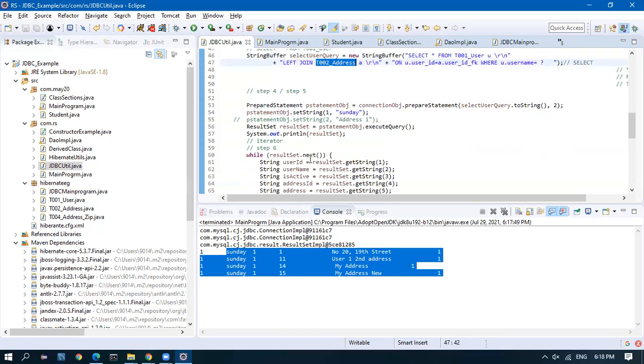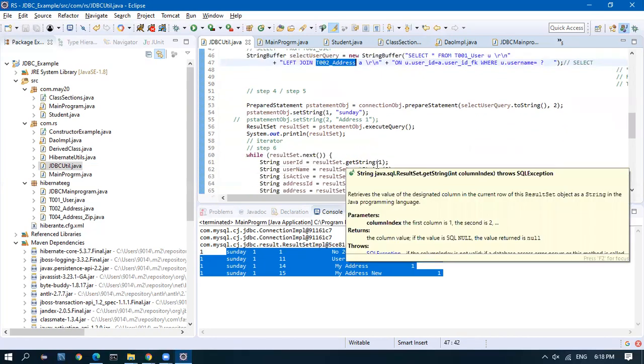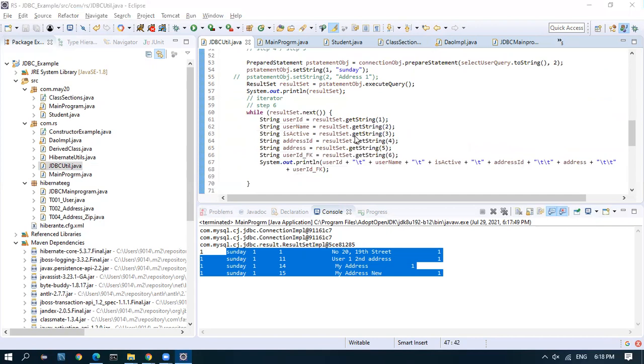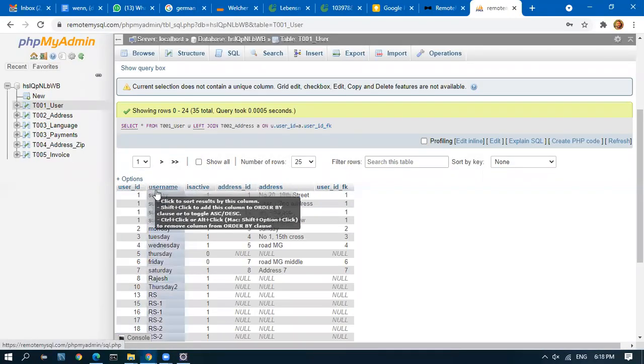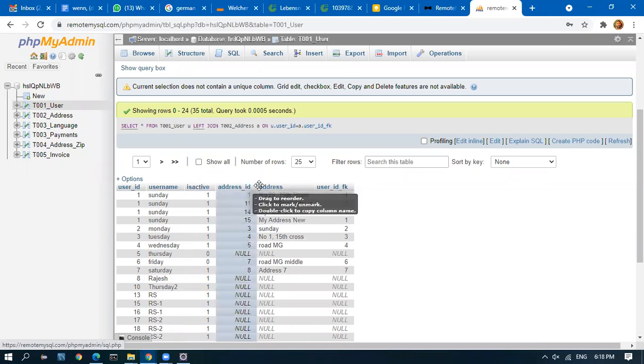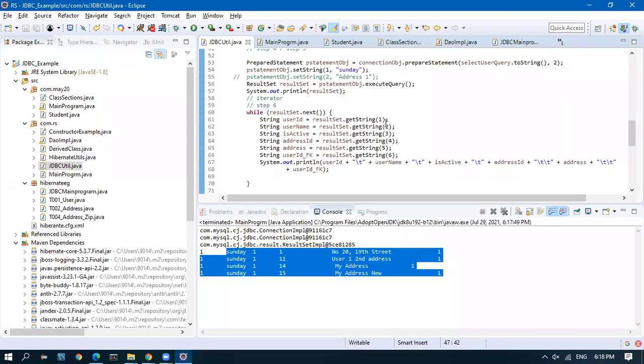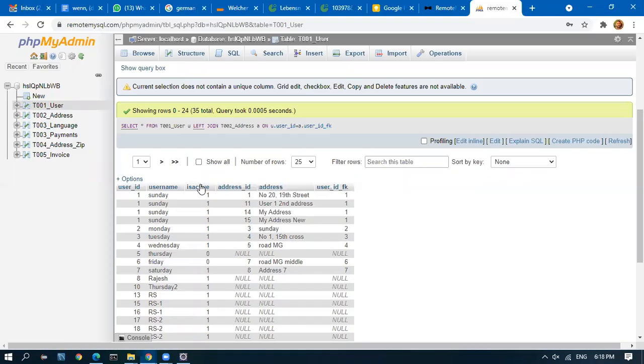Of these columns, I am using getString of 1, 2, 3, 4. So what is 1? This is 0, 1, 2, 3, 4, 5. Okay, so this is the query which is running. From here, 1, 2, 3, 4, 5, 6 I am taking.